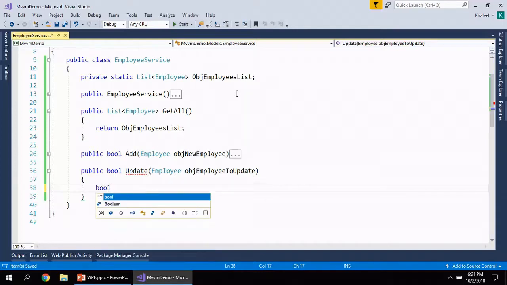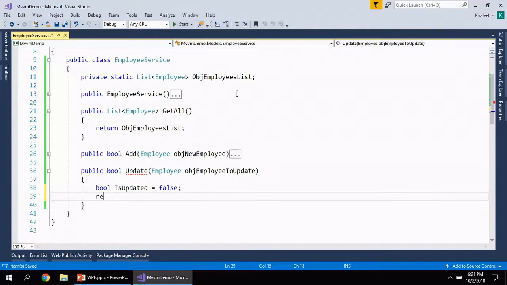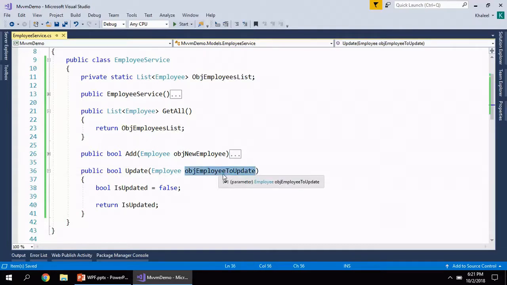So here I will create one variable called isUpdated, and we will set it to false. Return isUpdated, and now we will write our code. So first of all I need to search for the employee which is present inside this collection based on the employee which is passed over here. So I need to compare the ID of this particular employee with all employees which are present inside this collection.